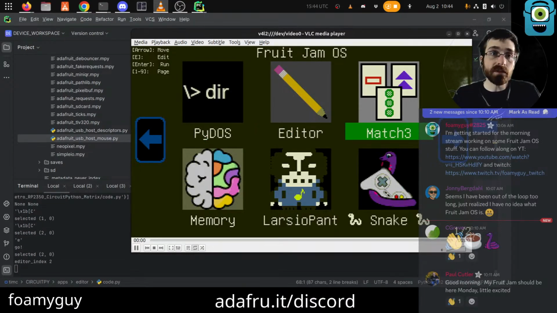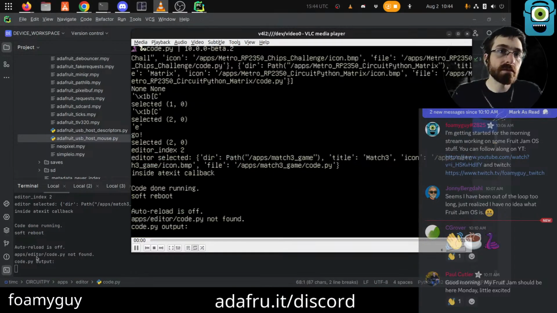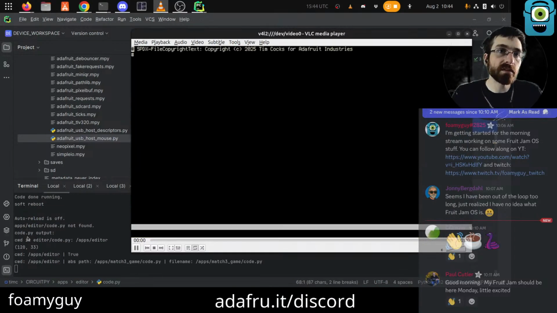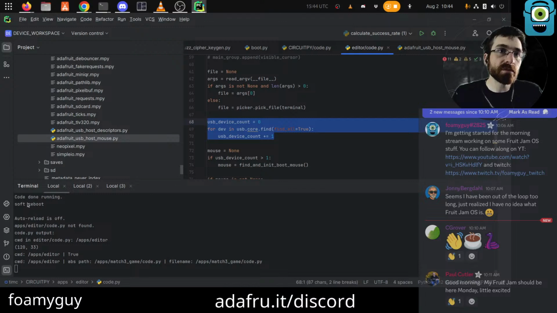But if I do E, printing that. So the weird thing is, soft reboot, auto reload is off, and then it prints that, which makes me think it comes from BootPy.